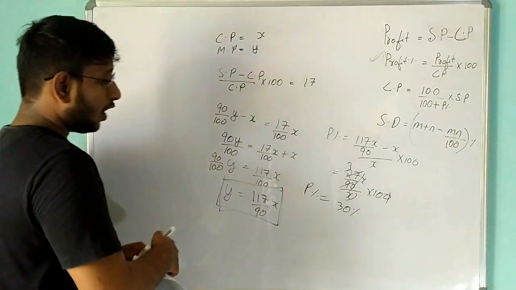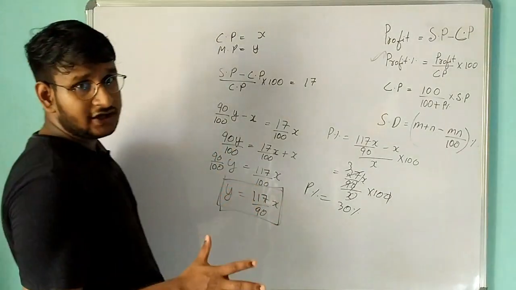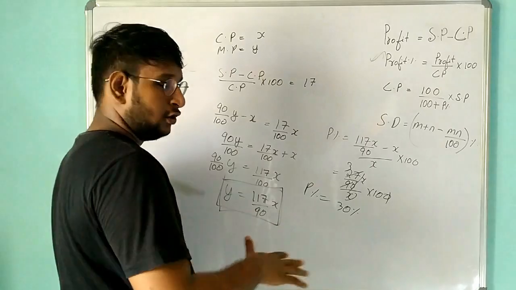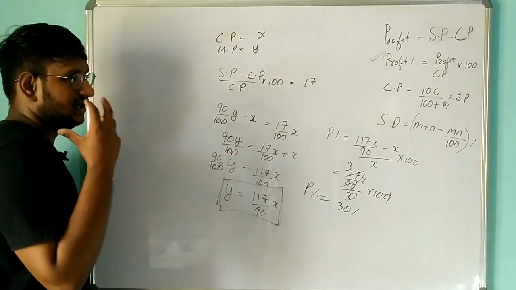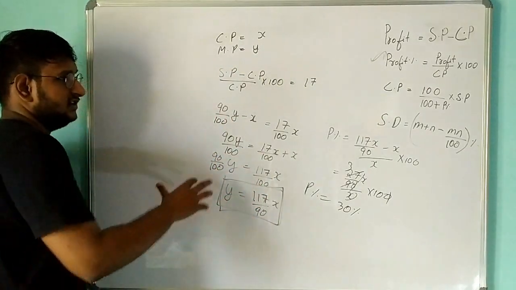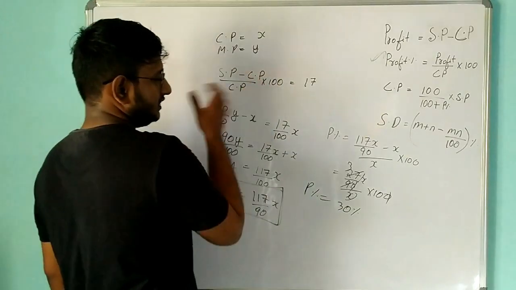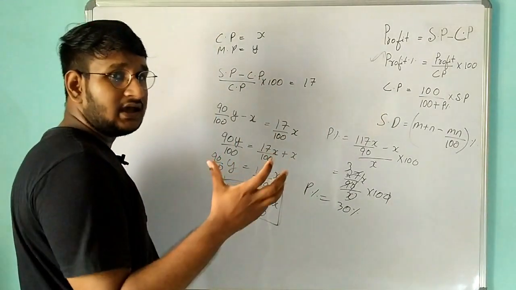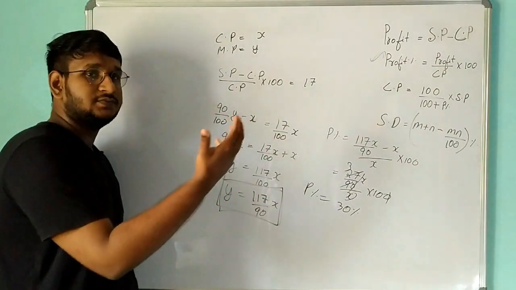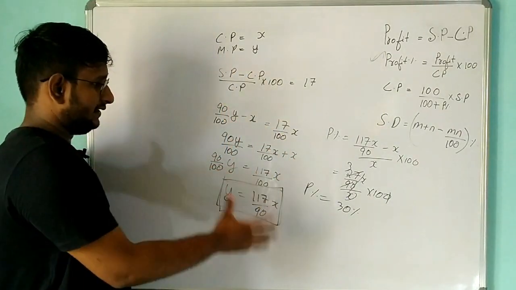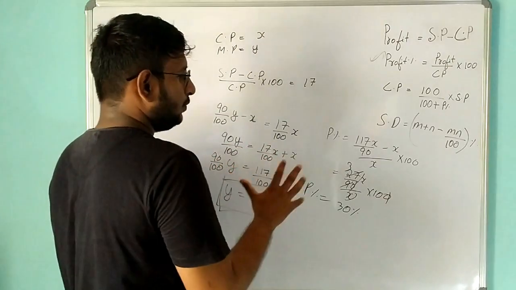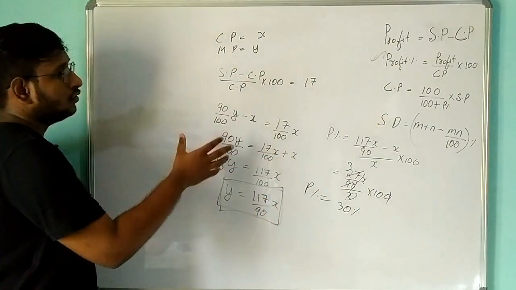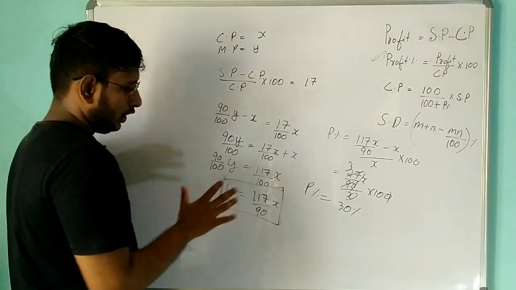Okay, so this is how we have to calculate. This is a moderate to middle-level question, because you need to think about a lot of things, such as what they have given, that is, the marked price. Here we have taken the marked price as y and the cost price as x, and we are calculating this way. This is one of the complicated questions, I would say, and there are a lot of things to keep in mind.